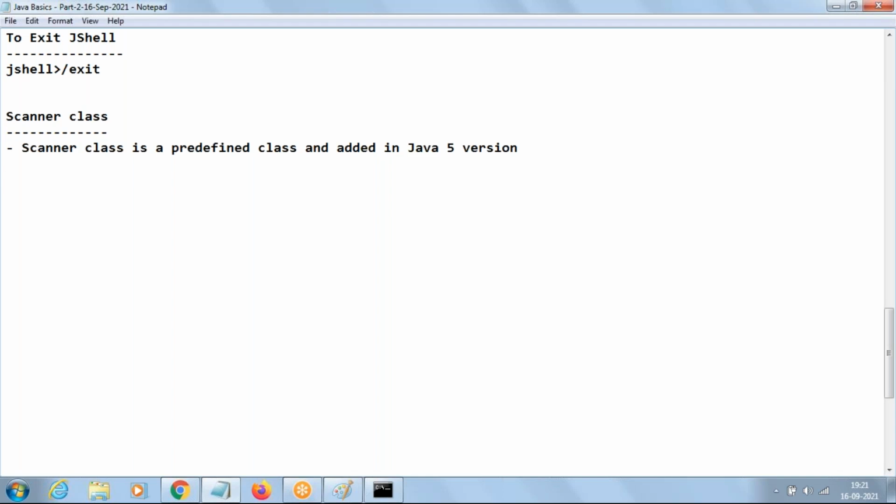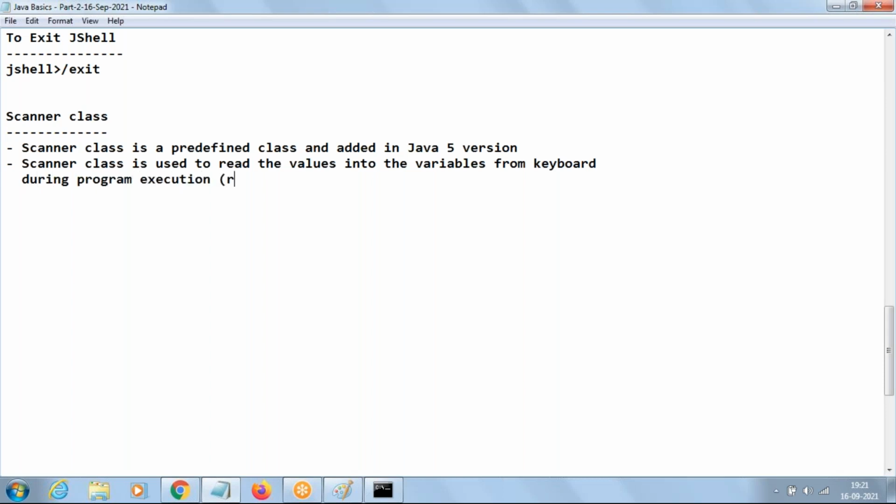The main use of the scanner class is to read the values into the variables from the keyboard during program execution. Means runtime.